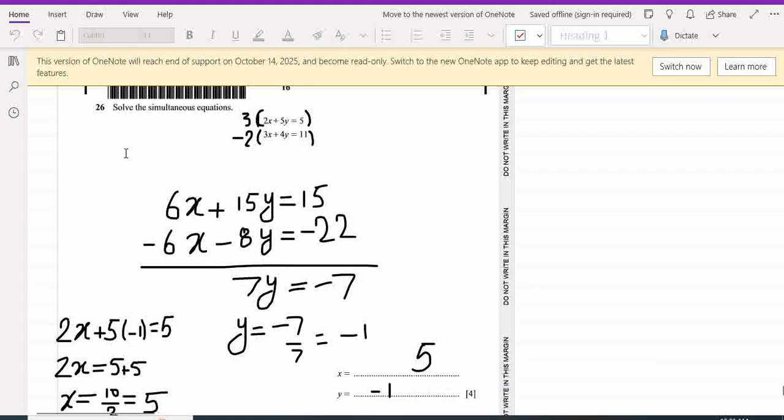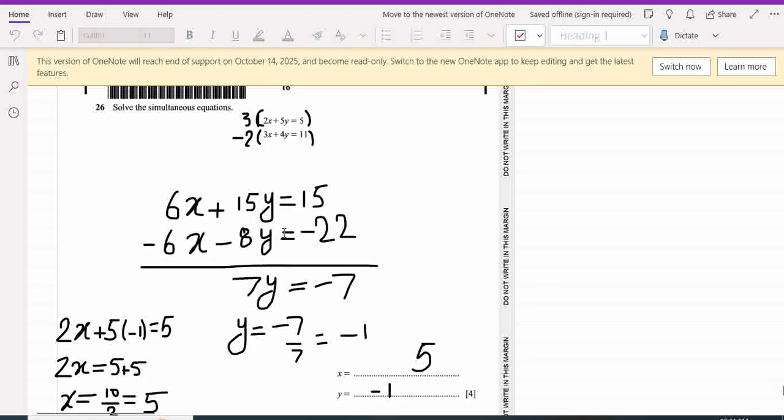And the next question is, solve the simultaneous equations. First equation is 2x plus 5y is equal to 5, and next is 3x plus 4y is equal to 11. To make x equal, multiply the first equation by 3 and the second by minus 2. So this will become 6x, 3 5s are 15, 15y, 3 5s are 15, is equal to 15. So the first equation becomes 6x plus 15y is equal to 15, and the second equation becomes minus 6x minus 8y is